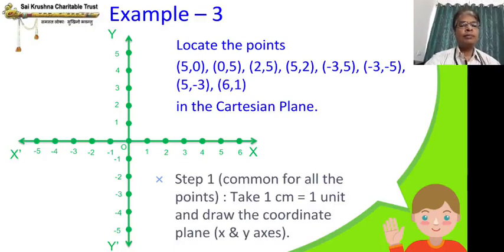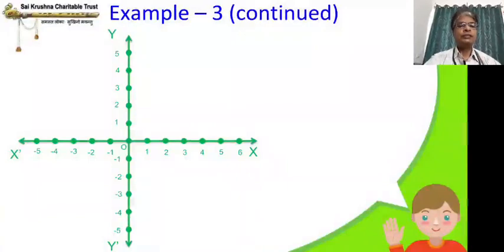the coordinate plane, x and y axis, and you all remember that right side of x axis is positive, left side of x axis is negative, similarly up of y axis is positive, down of y axis is negative. So this much you have to draw irrespective of how many points are given. And now we can plot all the points in the same plane itself. There is no need to draw a separate plane each time. So draw this and then we'll go to the next page.